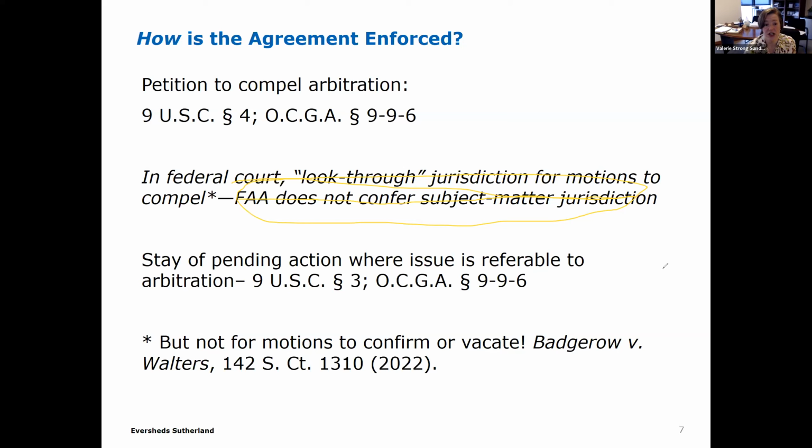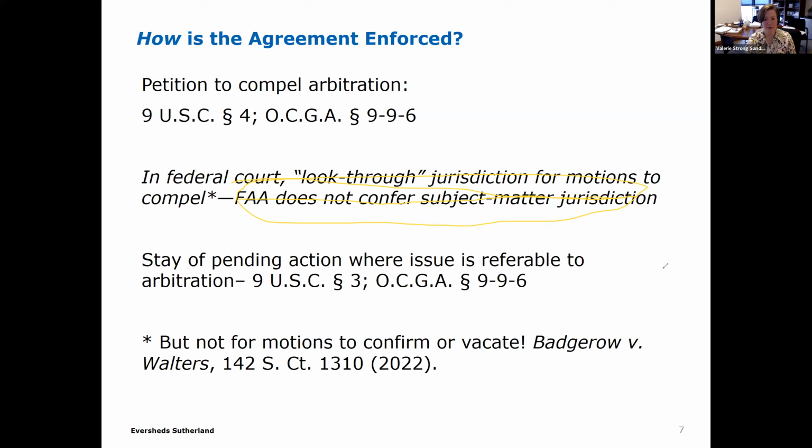Similarly, if you've got complete diversity and $75,000 plus in controversy, that's what you plead as your jurisdictional basis in federal court. And then you say, now that we're here, we're within your jurisdiction, please enforce our arbitration agreement. So again, that's something that comes up a whole lot, especially since it's been sort of an issue on folks'